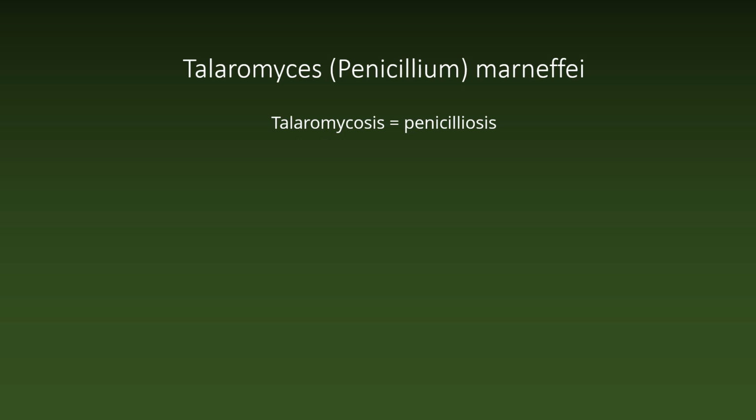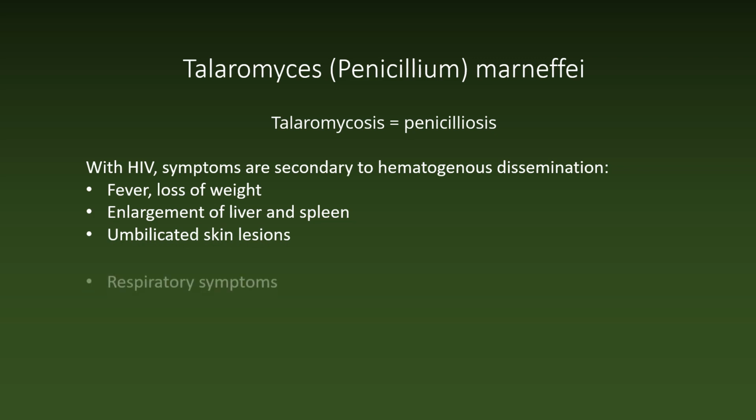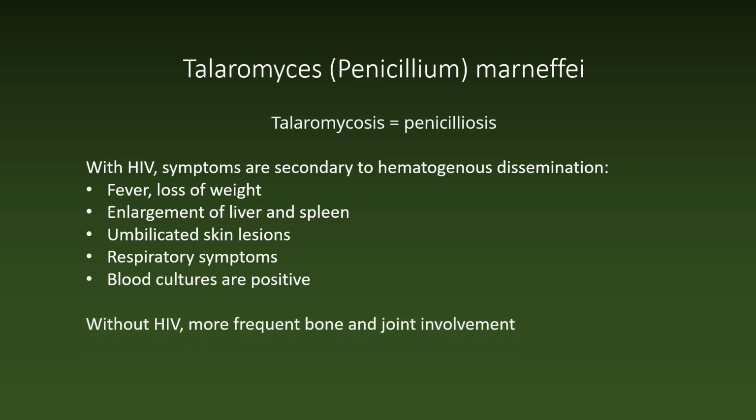Talaromyces marneffei was called Penicillium marneffei until 2015. Talaromycosis is the new name for penicilliosis. With HIV infection, symptoms are secondary to hematogenous dissemination. It is fever and loss of weight, enlargement of liver and spleen, umbilicated skin lesions, respiratory symptoms, and blood cultures are invariably positive. In the rare patient who has talaromycosis without HIV infection, there is more frequently bone and joint